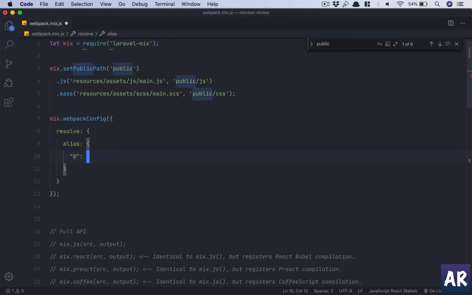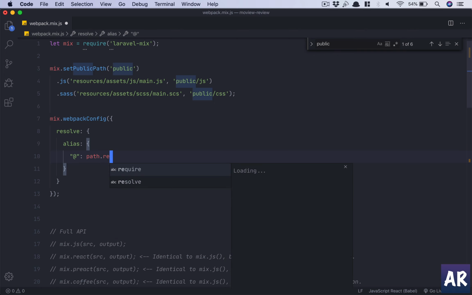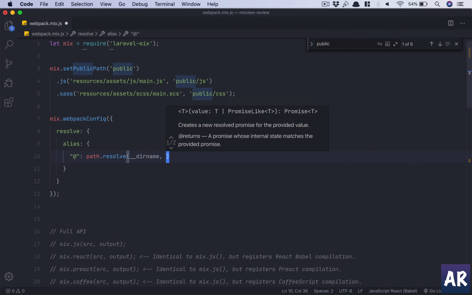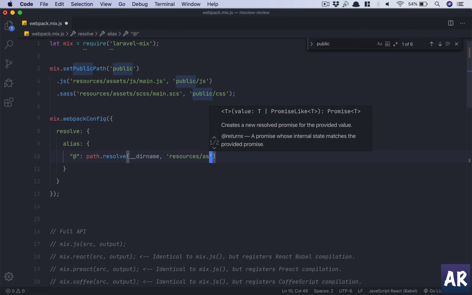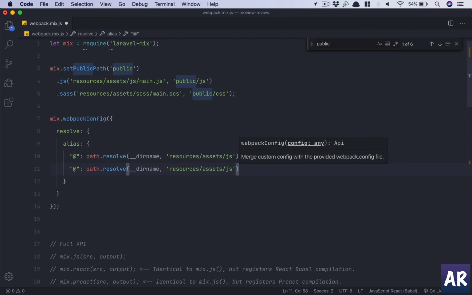One is @, which is going to be path.resolve, the current directory name, and then that is the starting point, and then resources/assets/js. Okay, this is one path, and the second one is